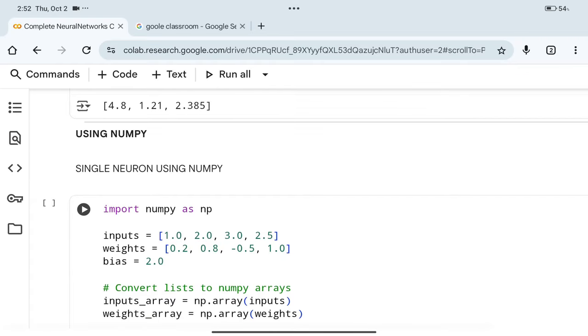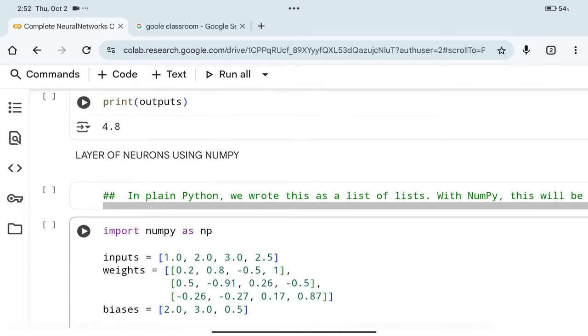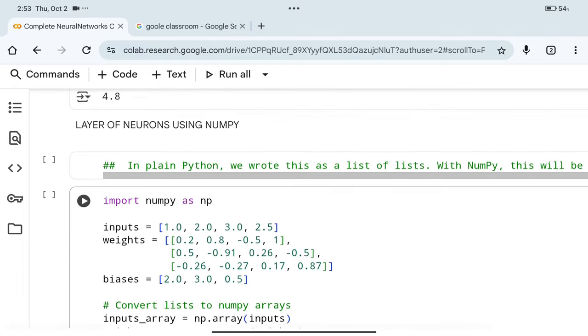Now we will discuss about the NumPy. Okay. By the help of NumPy, how we can reduce more and more. How we can write the program in 8 lines, the overall program. Okay, neural network overall program we can write in 8 lines or 10 lines, maximum 10 lines.